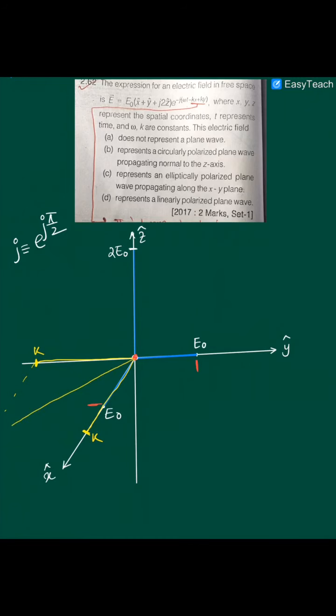So this is the direction of wave propagation, the k. Okay, now let us come back to the direction of electric field. So we have the x component, and this is the y component, and we have also the z component, right? Now the resultant of x and y component will be, so if you can draw,